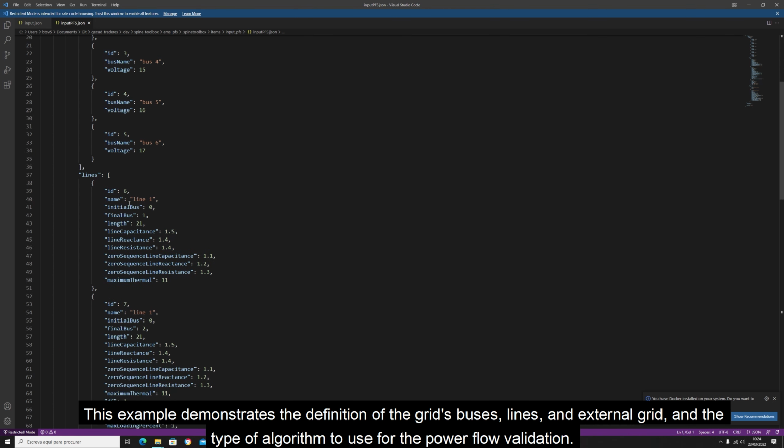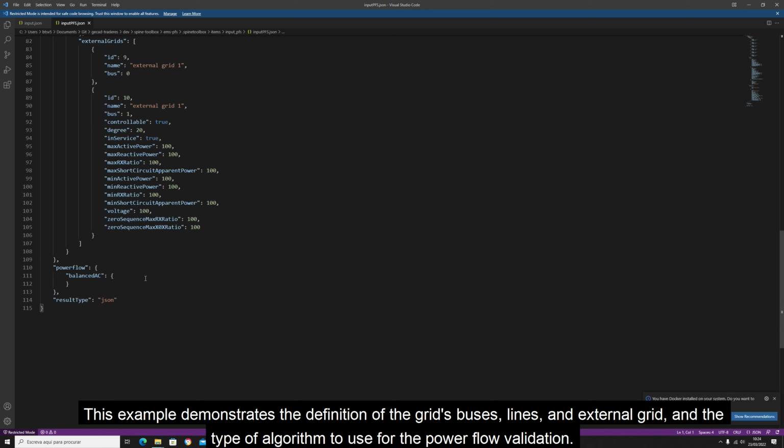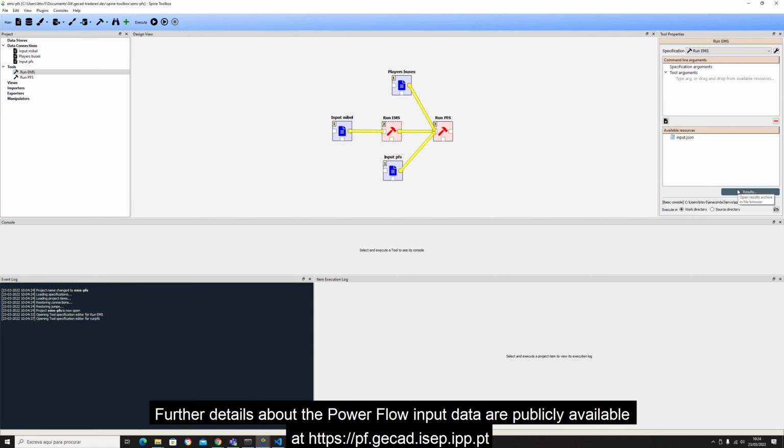This example demonstrates the definition of the grid's buses, lines, and external grid, and the type of algorithm to use for the power flow validation. The user may also define the output format, i.e. JSON versus Excel file. Further details about the power flow input data are publicly available at